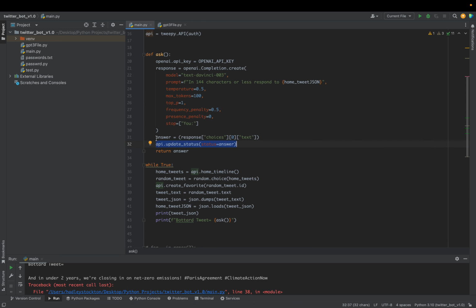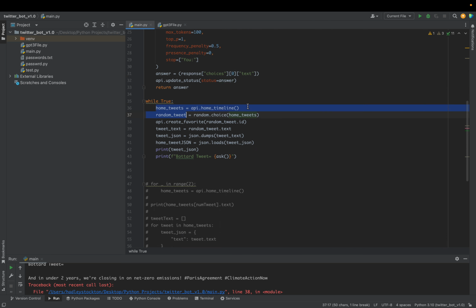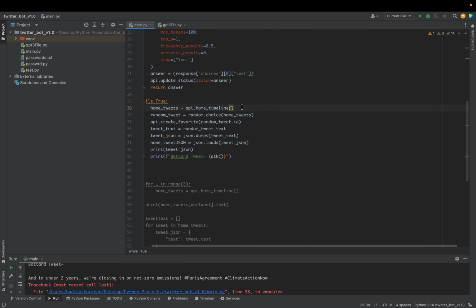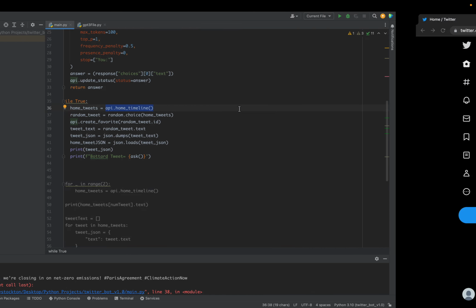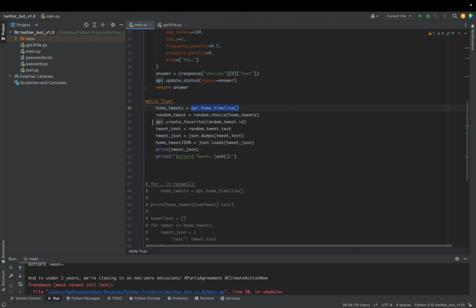Another thing, answer. It actually returns this as a dictionary. So to pull the text, you have to call it like you would a dictionary, and that's what your answer is. I have a while loop, which is what pulls the tweets, the home tweets. This is my variable name. This is how you call the API and you get the timeline, which is this basically. Then I choose a random tweet because it pulls a bunch of them. I don't know the exact number, but